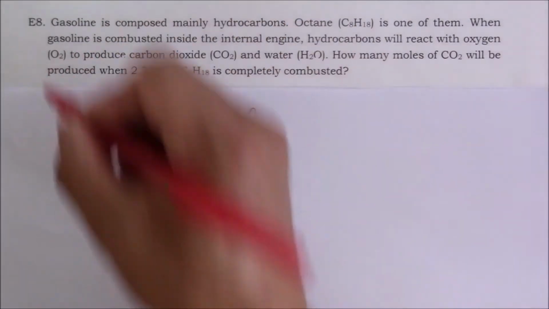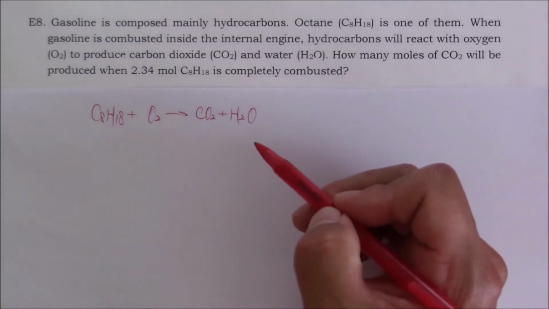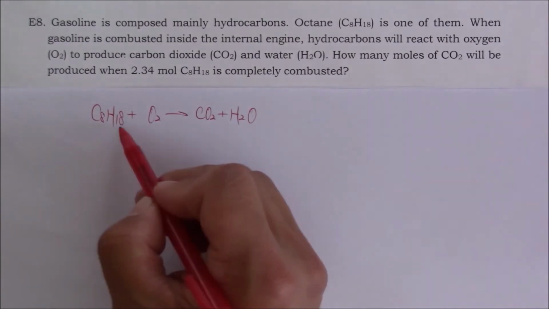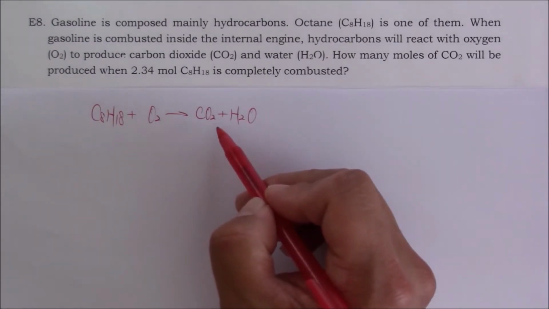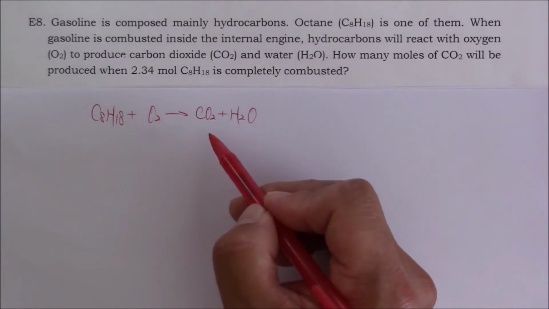In this equation, I put down both the reactants and the products because we only care about the mole ratio between octane and carbon dioxide. If we can find the ratio between these two, we do not need to spend too much time balancing the entire equation. Well, when we balance chemical equations, we want to make sure each side has the same